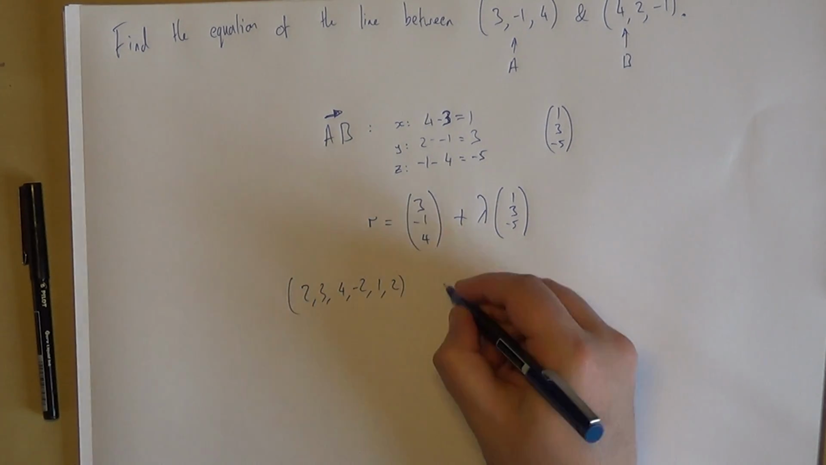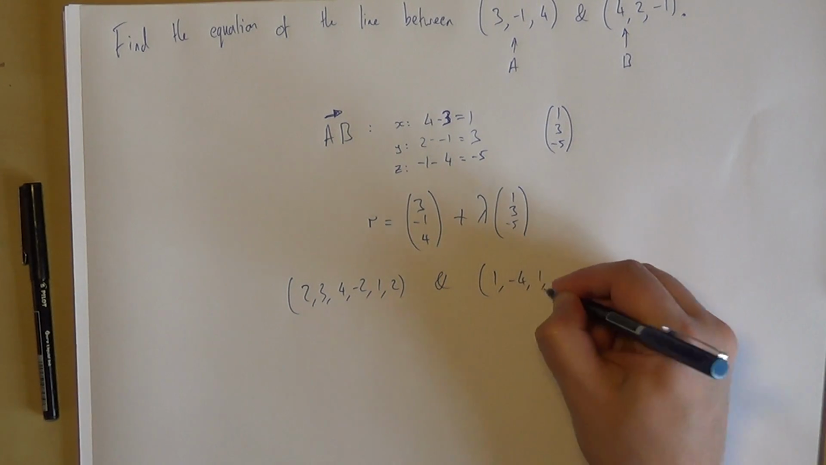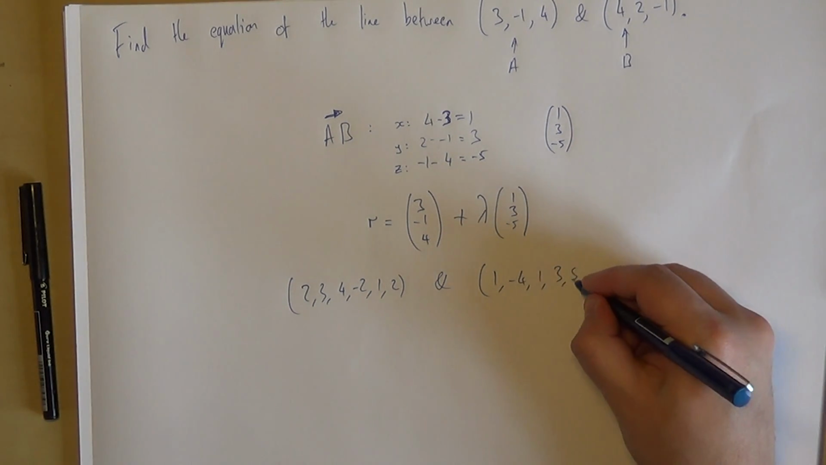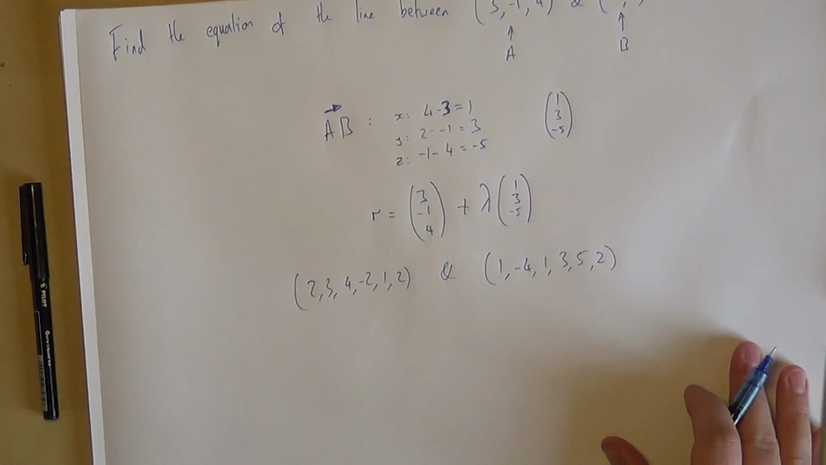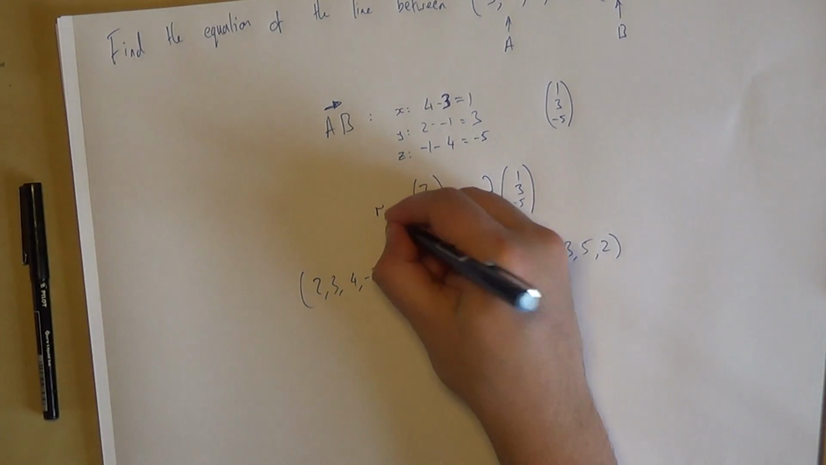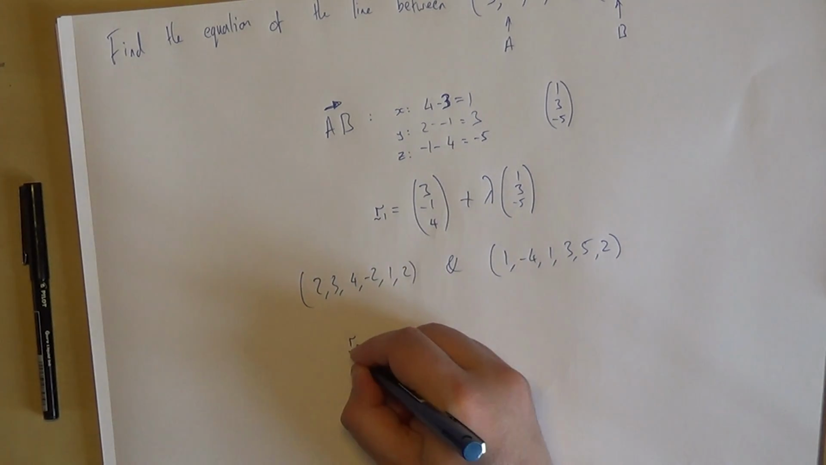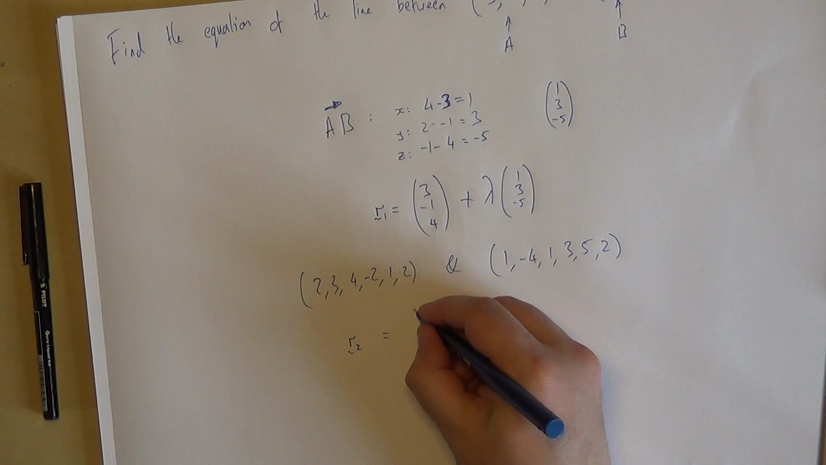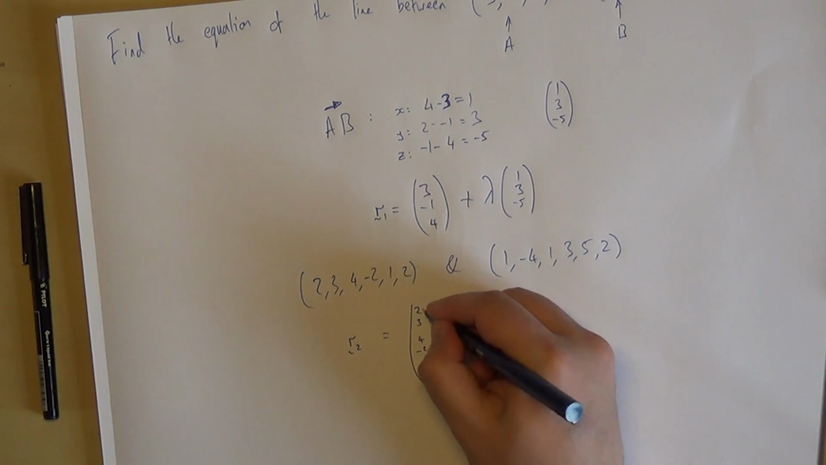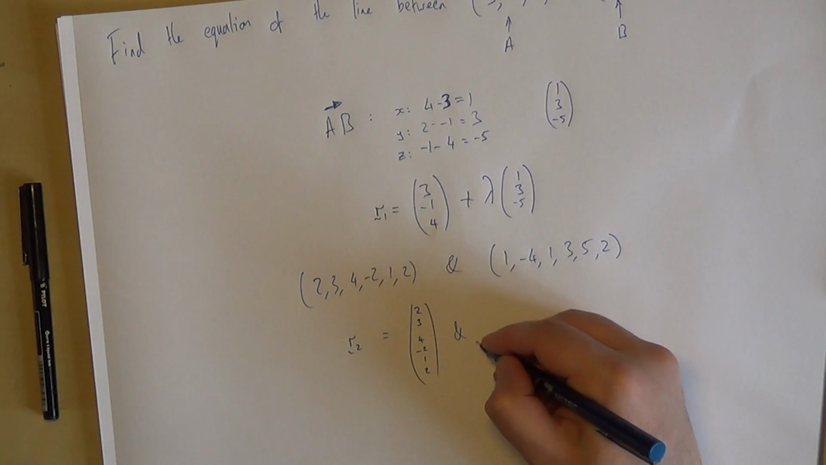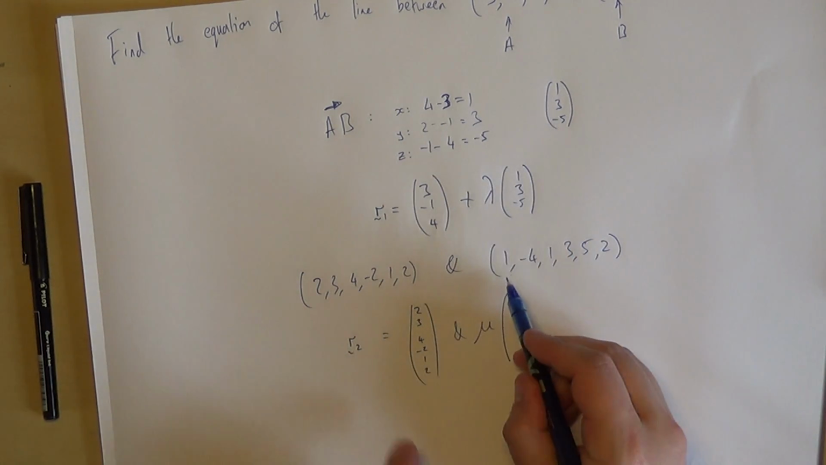This is a 6-dimensional coordinate. Well, we call that R1. R2 is one of these points, 2, 3, 4, -2, 1, 2, plus some other multiple, we've used lambda, so I'm going to use mu this time, of, well, that to that